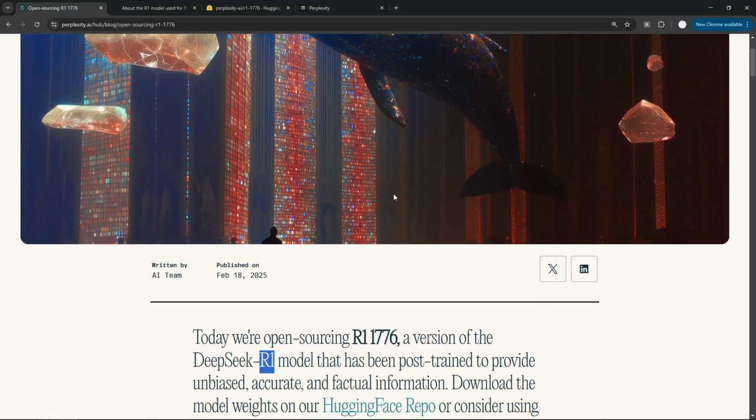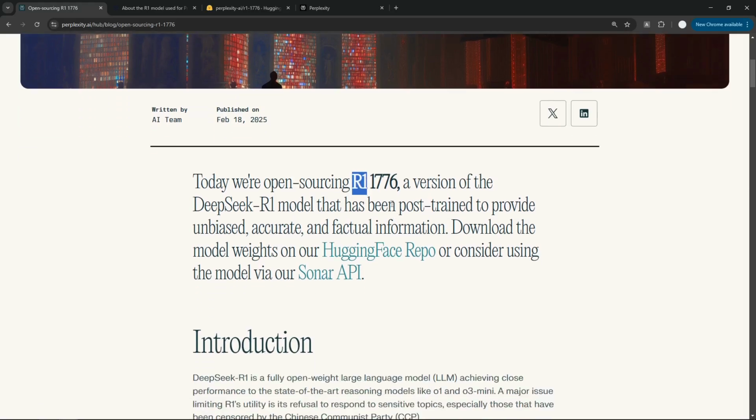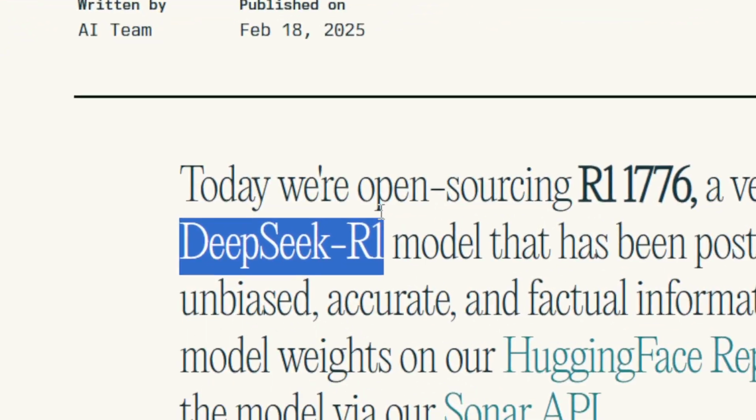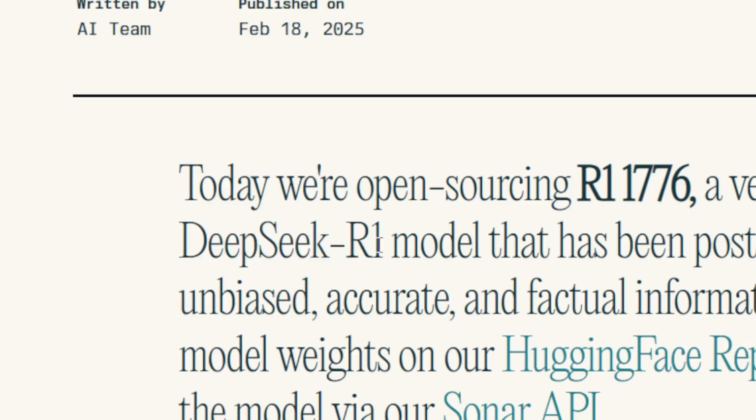Just a few days ago, Perplexity has released R1-1776. This is not really a new AI model. This is just a different version of the DeepSeek R1 that was released just about a month ago from the DeepSeek company from China. Now, because it is from China, the R1 model, even though it is open source and